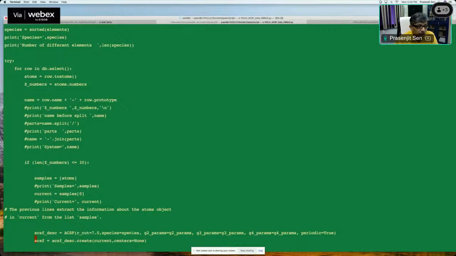So now I have to calculate the ACSF. So these are the Z numbers. Once again, the name of the material is the row name plus the prototype I had shown you. So these two are added with a dash in between. That will be the unique name that identifies a material in the database. And if the length is less than 30, then samples is atom, and from samples I extract